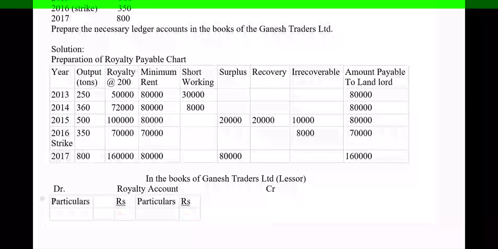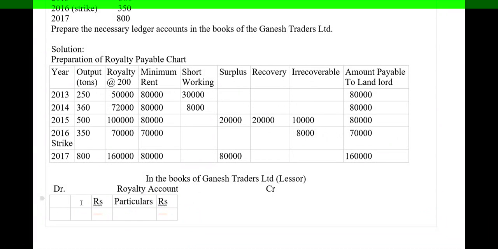Here it is. Let me write down these particulars. We need one more column actually. So here it is date or year, particulars, JF (general folio), then rupees, then date again,